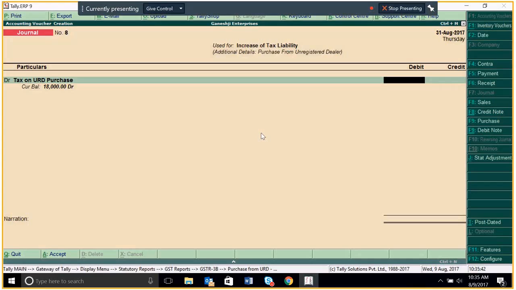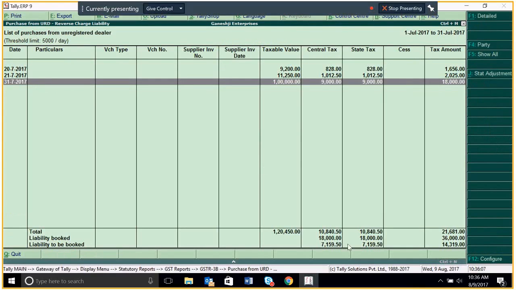So currently you need to pass this adjustment entry manually. It is only one adjustment entry that needs to be passed at the end of the month. So right now this adjustment entry needs to be passed manually. Whatever the tax liability is, you need to specify that. So let's say now the pending liability that needs to be booked is